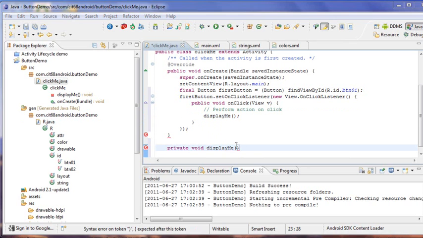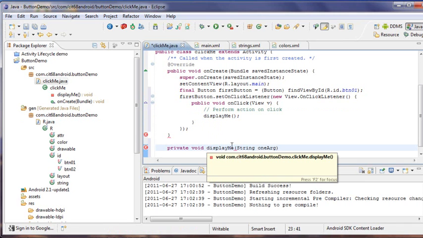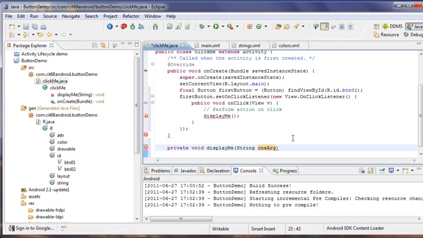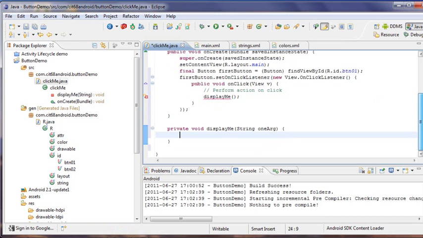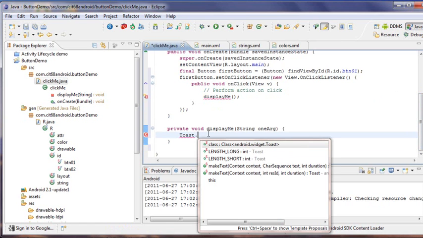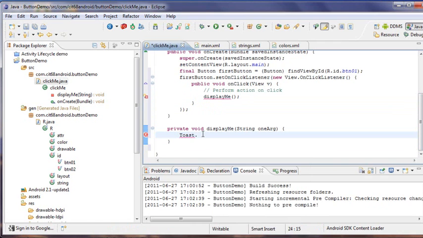I'll have it receive an argument of type an object of String class. And then I will use Toast to display what was passed in. So Toast.makeText, whoops,